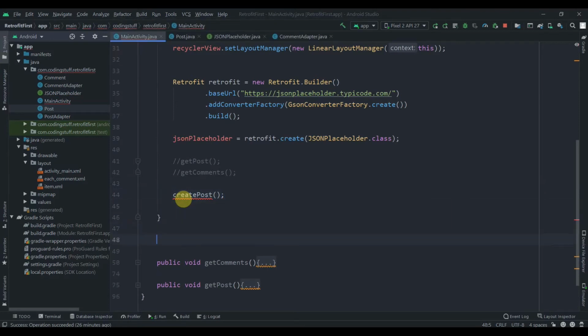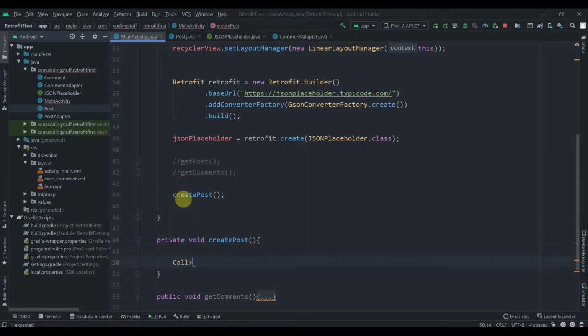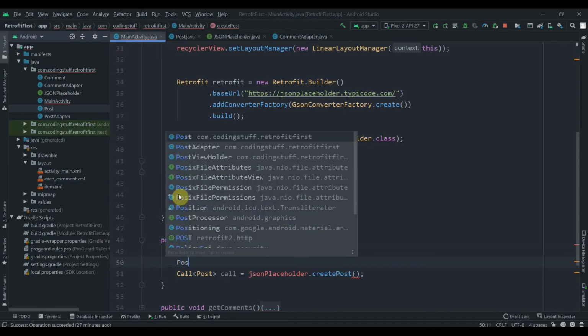So we'll define that method over here. Private void create post, passing nothing here. First of all we need to create one call variable. So call of post, let's name it call, and we'll call our interface JSON placeholder dot create post, and here we need to pass the post, but before that we'll create one post instance.